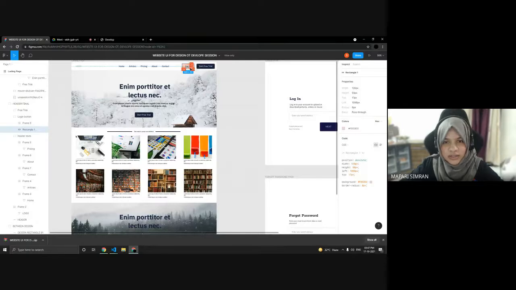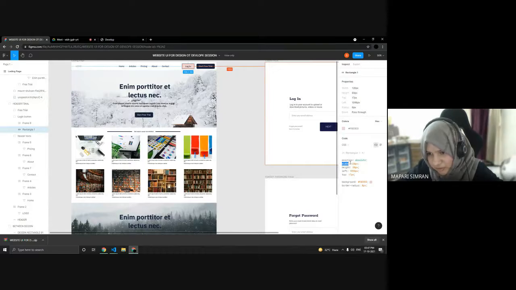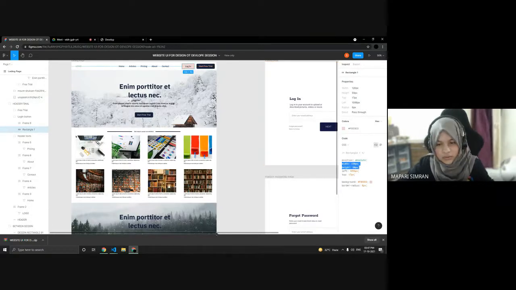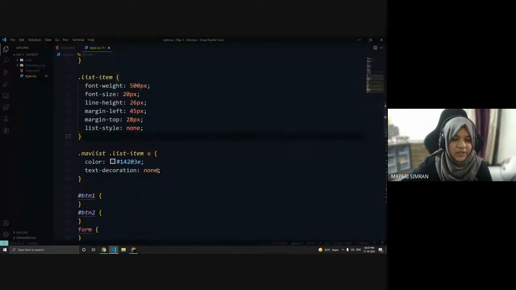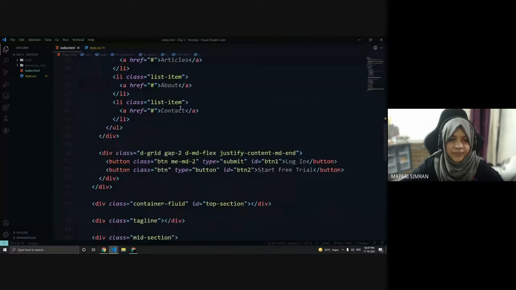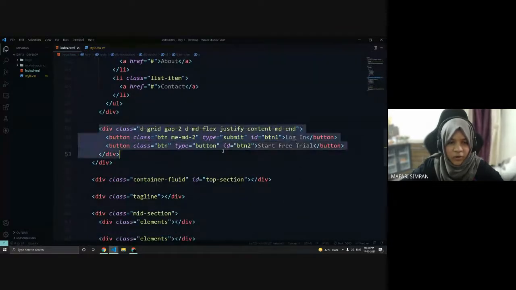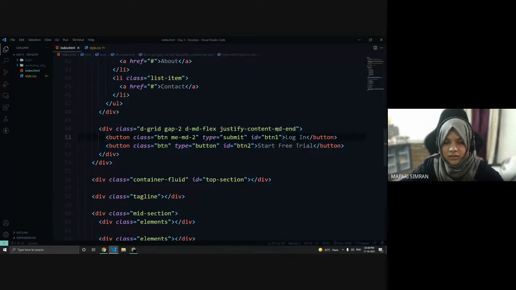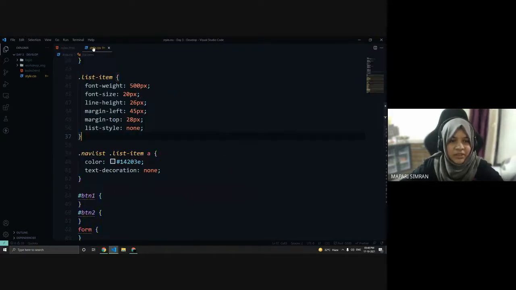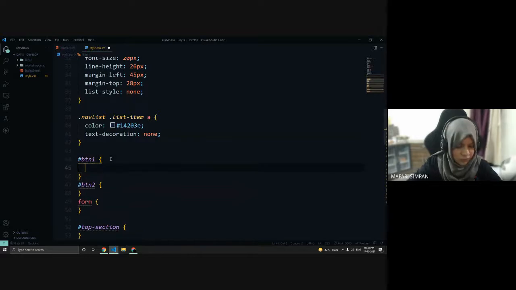Let's click on these two buttons. The first button, width and height and color, we will get everything from here. With height, Control C, the width and height of it. And you can see this is the code I have got from Bootstrap, and I have these two buttons. I've given an ID to each: BTN1 to the first button and BTN2 to the second button, so that I can style them separately, because they both have different width and height.